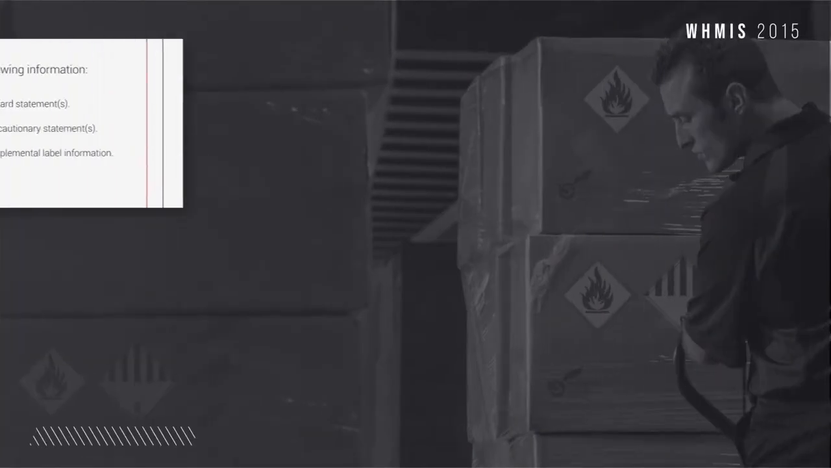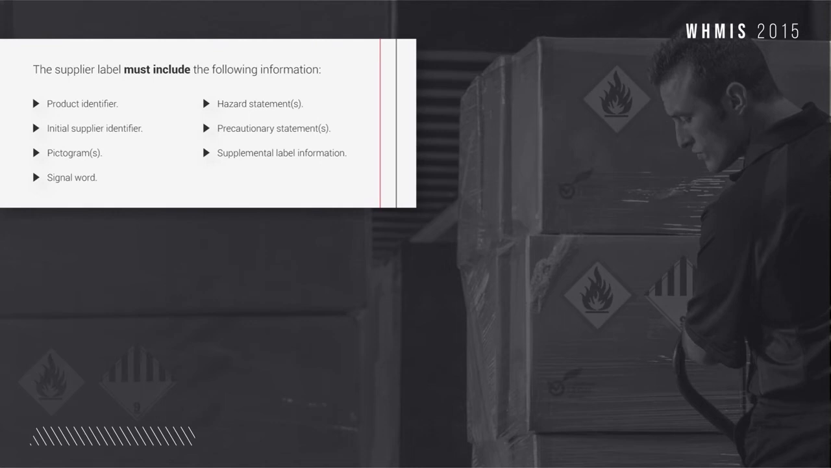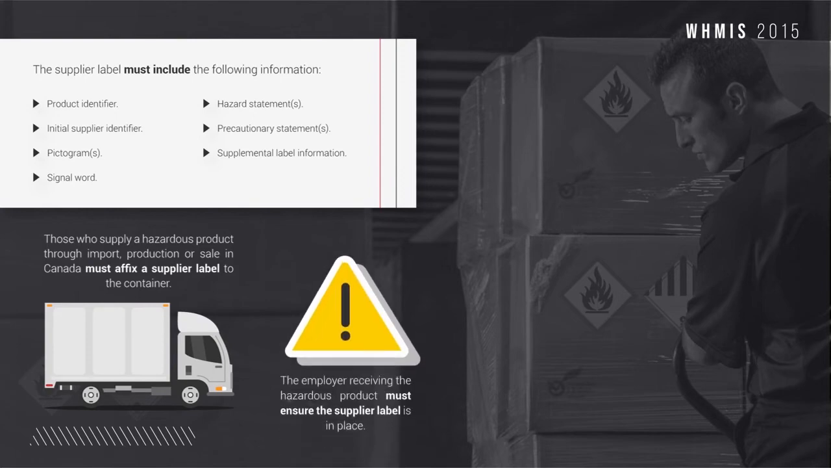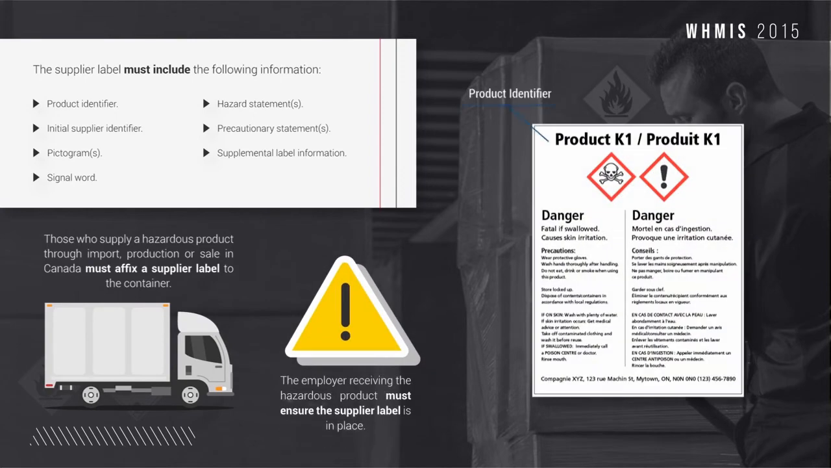The supplier must include the following information: product identifier, the brand name, chemical name, common name, generic name or trade name of the hazardous product; initial supplier identifier, the name, address, and telephone number of either its Canadian manufacturer or the Canadian importer; pictograms, a hazard symbol with a red square set on one of its points; signal word, a word used to alert the reader to a potential hazard and to indicate the severity of the hazard;